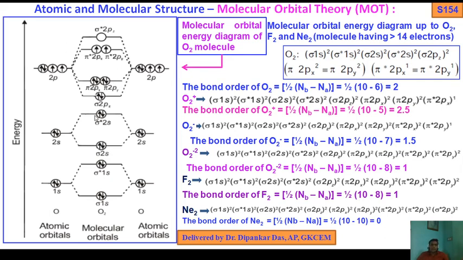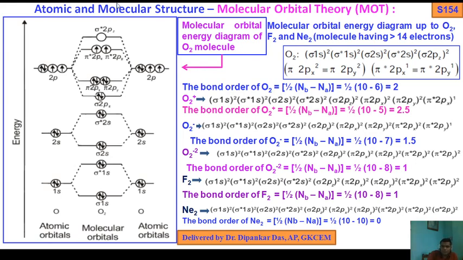So this is the MO diagram of oxygen molecule and its corresponding ions O2 plus, O2 minus, O2 2 minus or O2 2 plus. Okay, so if you remember the MO electronic configuration of O2, then you can write O2 minus, O2 plus, O2 2 plus, O2 2 minus. Then O2 2 minus is nothing but an 18 electron system. Then you can easily write F2, that is an 18 electron system. Then you can write neon, also a 20 electron system.